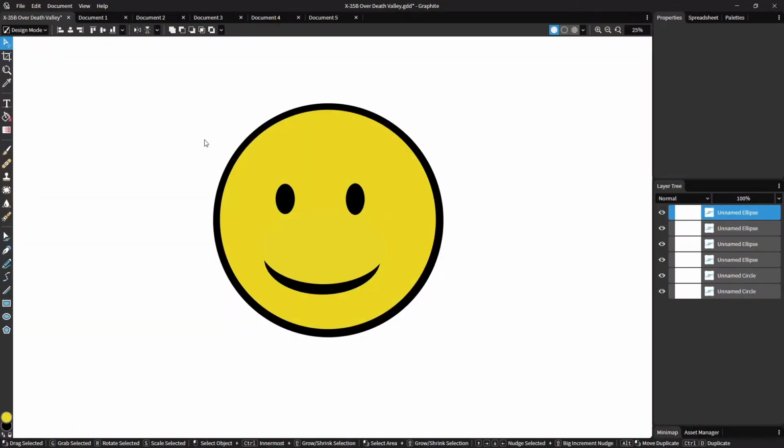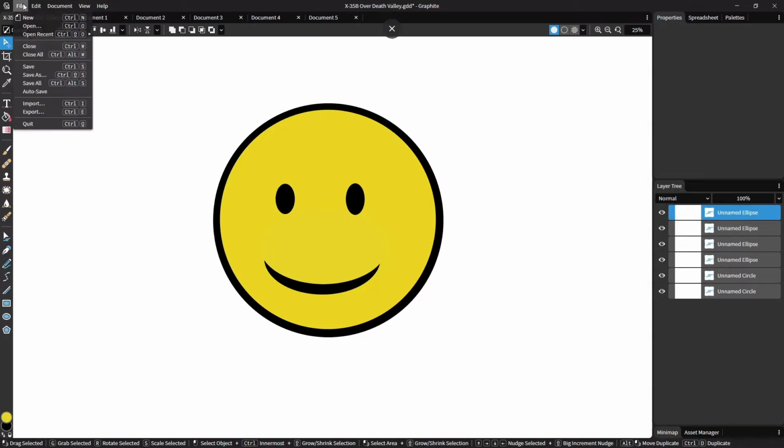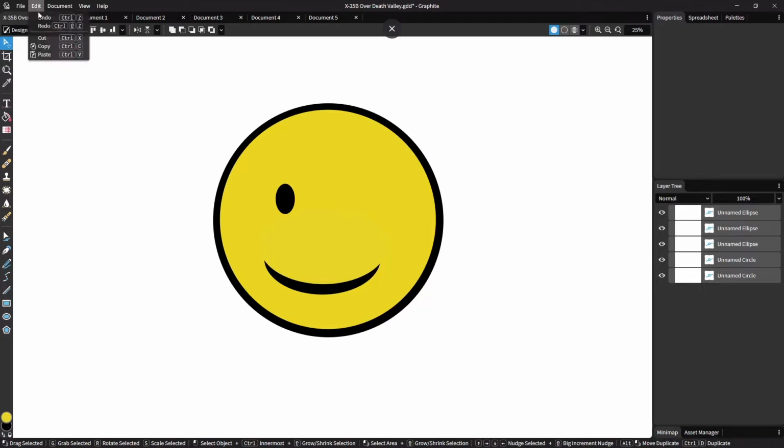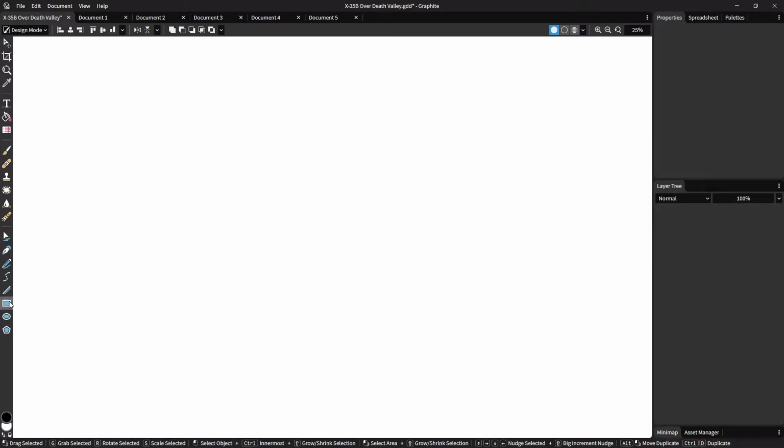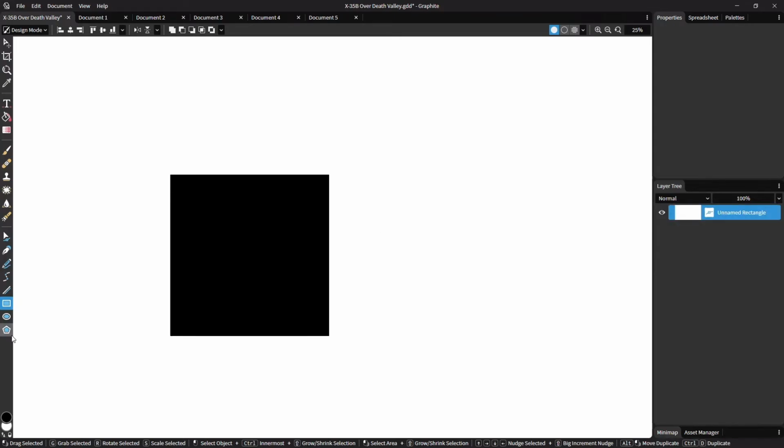Okay, so we have now available to us a file menu, which you can actually select from the dropdown. So for example, if you go ahead and hit undo, then it will undo these eyes that I created here. And then if we wanted to start over and make a new piece of artwork, we can just make some rectangles. If we hold shift, it constrains it, although that was a feature from a previous sprint.